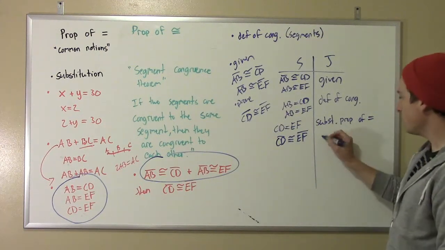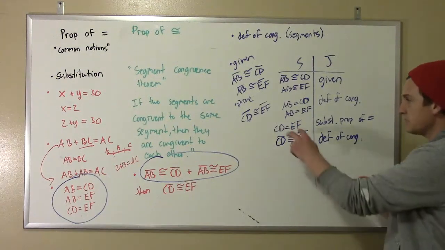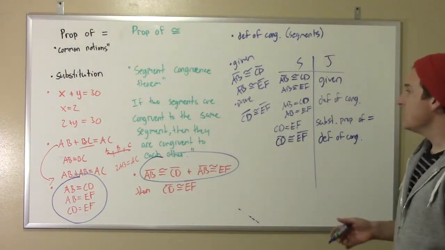And how do we know that? Well, again, that's the definition of congruence. If two segment measurements are equal to each other, we can say they're congruent to each other. Boom, we got it. So we pretty much